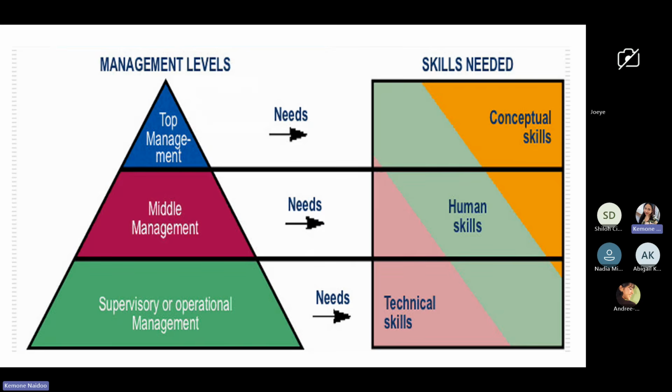Now, this is just a short little diagram to help you summarize everything that we just spoke about. So here are your different levels. And then when you look at it in relation to the skills needed, as you can see, conceptual skills, although it's needed throughout, a very large portion of conceptual skills is needed at top. Then you have a little bit in the middle, and then you have a very small amount at lower,